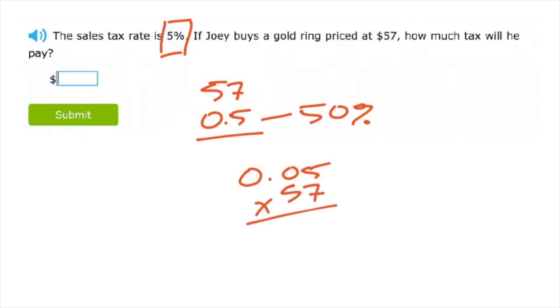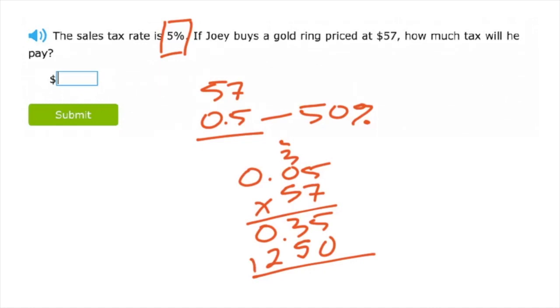Now we could do this with tape diagram, but looking at how to do it with the percent as a decimal will be useful. So 7 times 5, 35, 7 times 0, just the 3 here, 7 times 0 on the end. Now we'll need to add a placeholder right there. 5 times 5, 25, 5 times 0, 0 plus 2, put the 2 over here. Now we can add up all of our amounts right there. So we get a 5, we get an 8, and we get a 2. So that tells us that 5% is